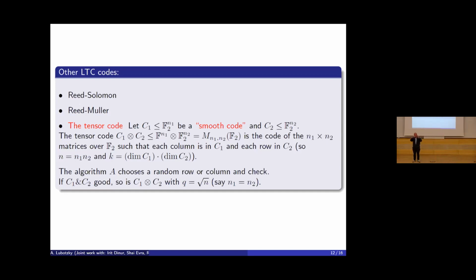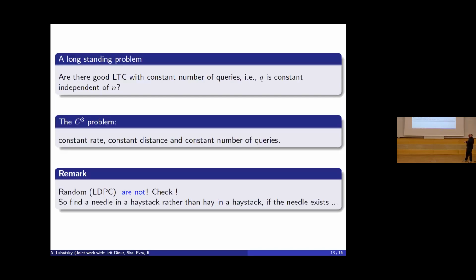The test will be to pick up a random row or a random column and check it. But how many bits do you have to read? You have to read n bits out of n squared, which is pretty good. It's sublinear, but it's not constant. Okay? So in the last 20, 30 years, people wanted to get all these conditions together, but the basic long-standing